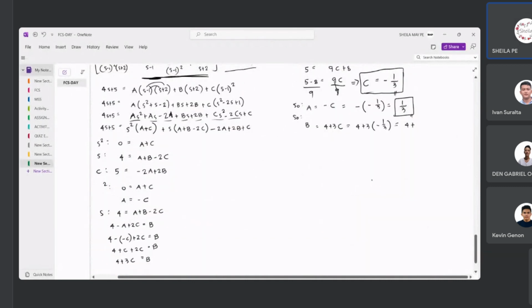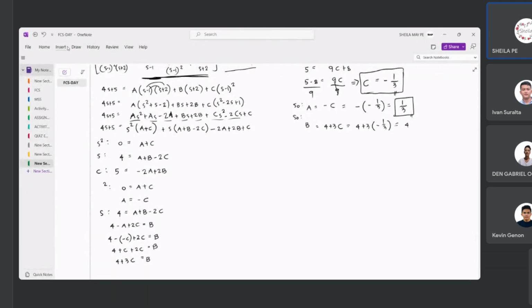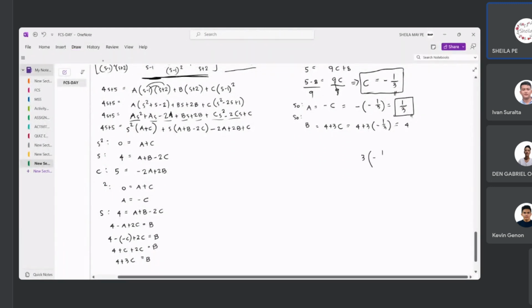Okay. 4 plus 3 times negative 1/3 class is negative 1. Okay? Because makuha na siya 3 times negative 1/3. 3 times 1 is 3 divided by 3 is 1. So minus 1 or minus